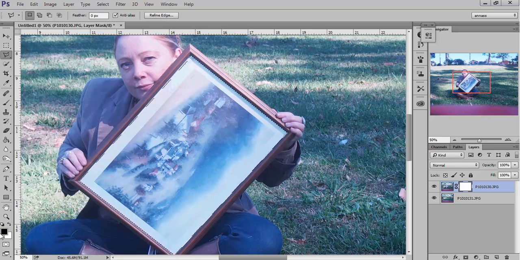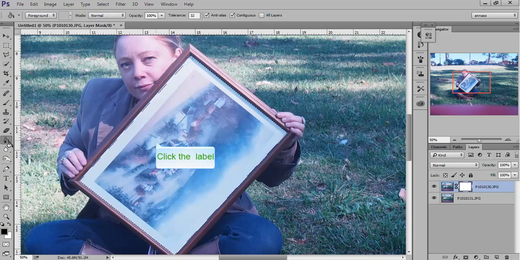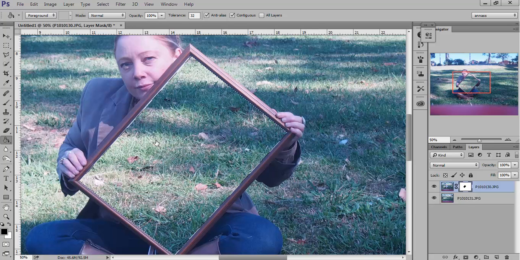So in order to black this out, we need to fill it with black. So you go to your fill tool here. If you can't find your paint bucket tool, your fill tool, it's under the gradient tool. So it just depends on which one you have there. So I'm clicking on that and it's on black, and as soon as I go over here you can see the icon of the paint bucket comes over here, and then I'm going to click, and what it did is it filled in that area black,